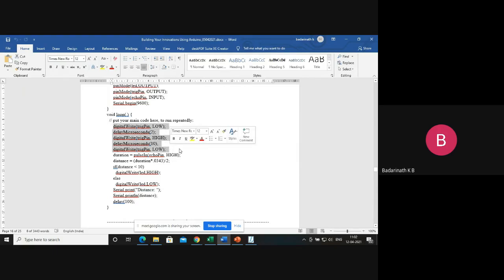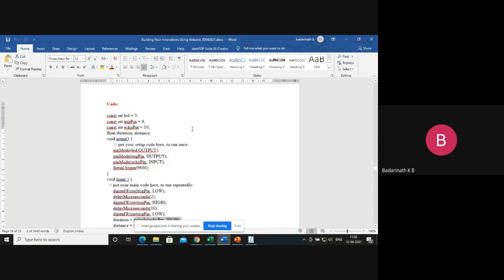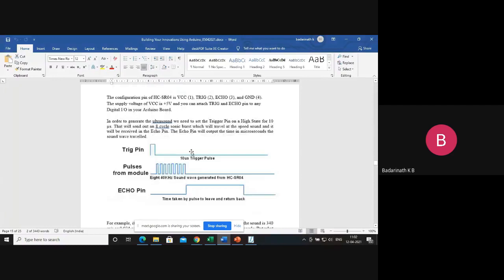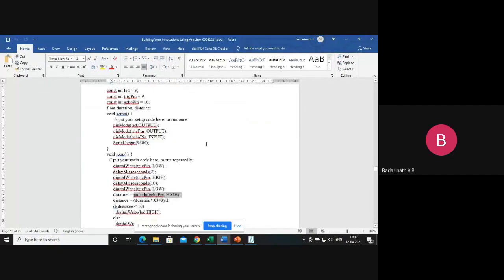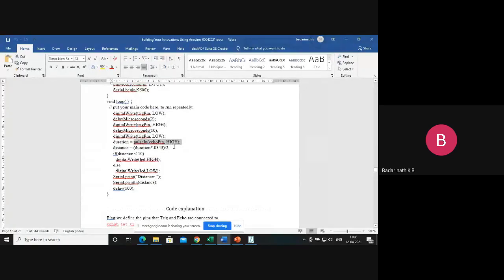Now the ultrasonic sensor starts working, and I want to measure the pulse width at the echo pin. This is the important function; the logic is already built into it. You just say pulseIn and which pin you want to measure the pulse width on, the echo pin. You're looking for this waveform when it becomes high, and for that high duration you measure the pulse duration of the echo. Then the distance is equal to duration times 0.034.